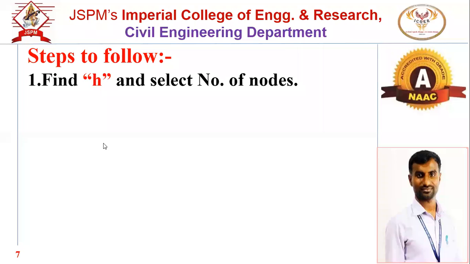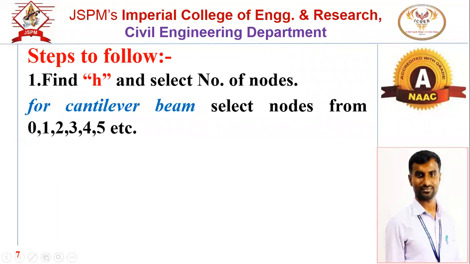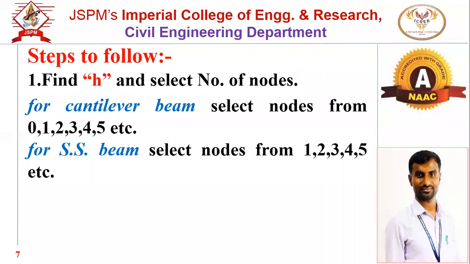Cantilever beam. Okay, the second step that you have discussed is the numbering of nodes. You have to start with 0 for the cantilever beam. That will be an imaginary part that you have to select on either side of the fixed support. Whereas for a simply supported beam, we have to start with node 1 from the hinge support or roller support, or we can say the left support.